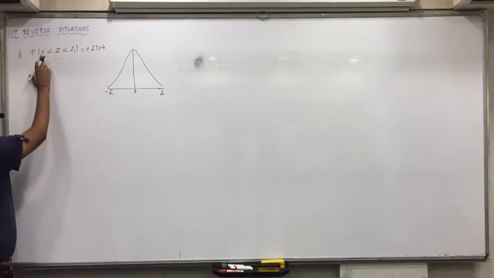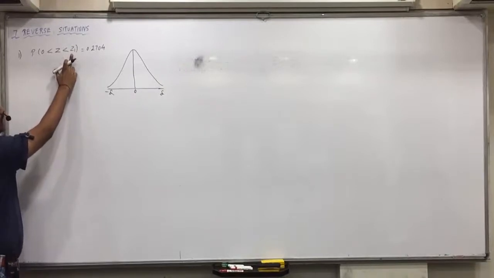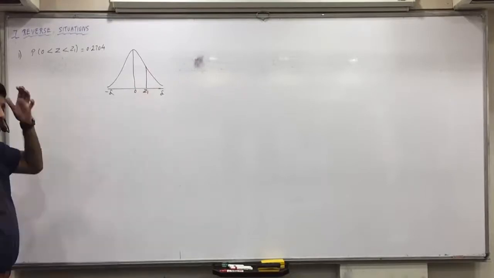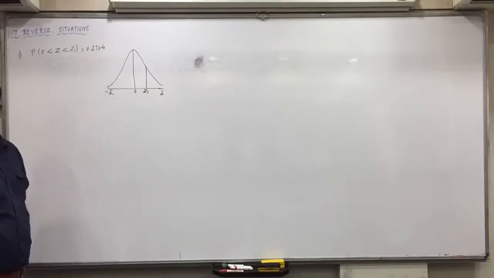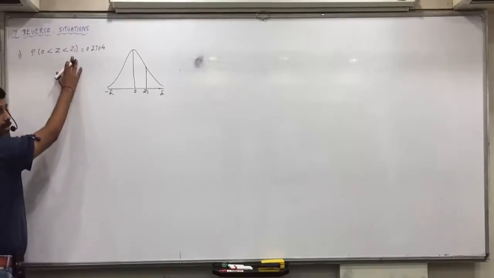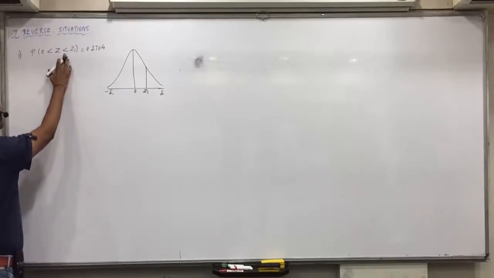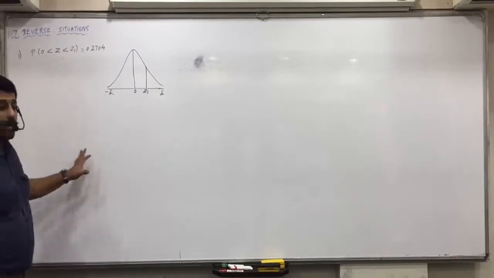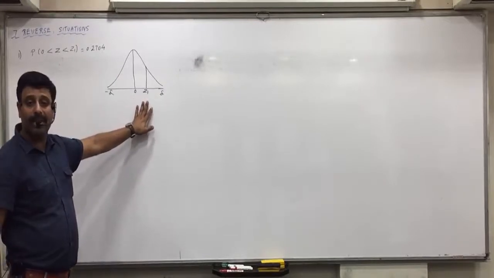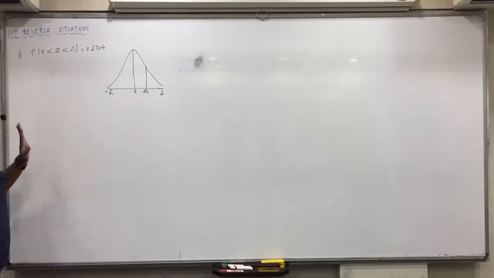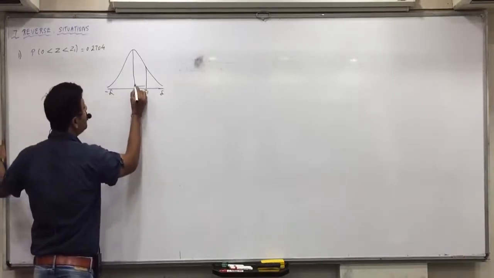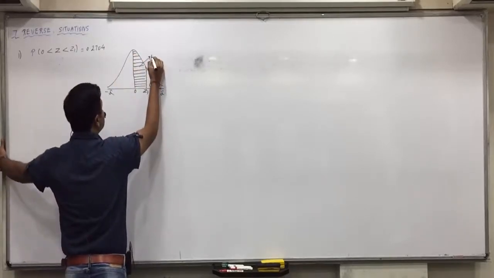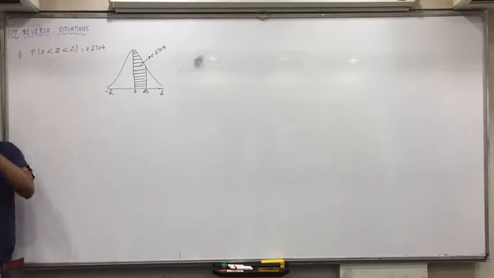Here we know 0 is less than Z1, means can I say Z1 is more than 0? So Z1 will be a positive number and so it will come on the right side. Okay, area is known, Z1's value we will find now. 0 is less than Z less than Z1, 0 is less than Z1 means Z1 is more than 0. So Z1 is a positive number, it will come on the right side. Any confusions? Between 0 to Z1 means this is the region we require. This region's area is given as 0.2704.